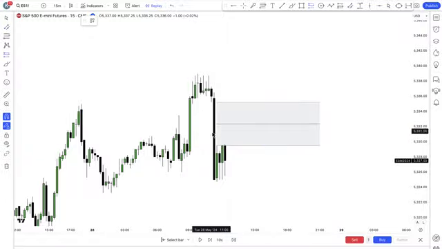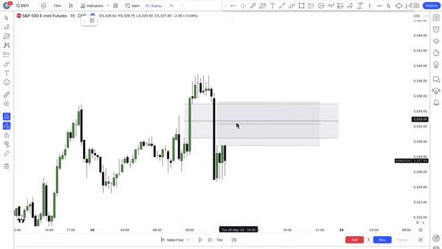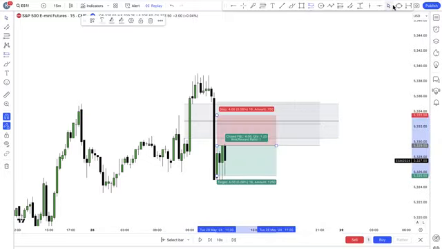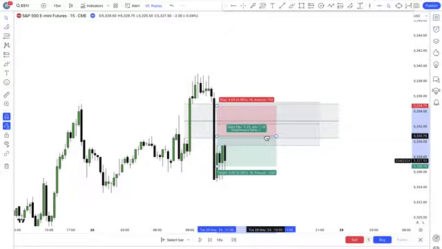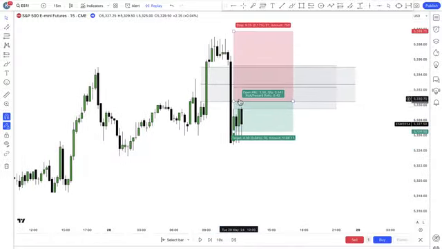All right. Now there is no premium and discount for me here because I have a balanced price range. So what I will do is I will look at this. Oh, I have this right there. Don't worry. There are more examples I will show you. I don't want to use only simple examples because it will look like I'm just using simple things. I want to show you all the scenarios. All right. So I will take my trade. Since I have a balanced price range, there are different scenarios that may happen. So I will take my trade from here.